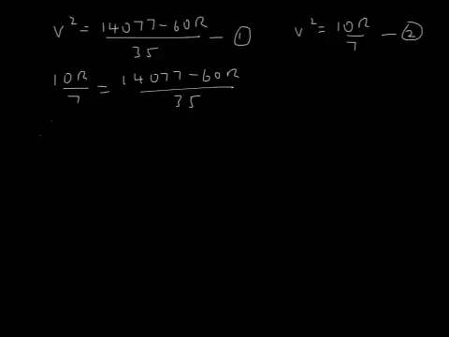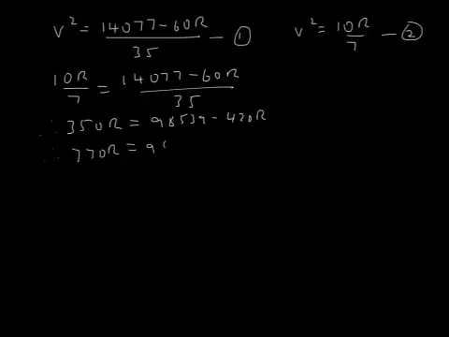We get 350R, and now we have to do 7 times 14077, so that's 98539, minus 7 times 60, that's 420R, so 770R is 98539, and that means that R is